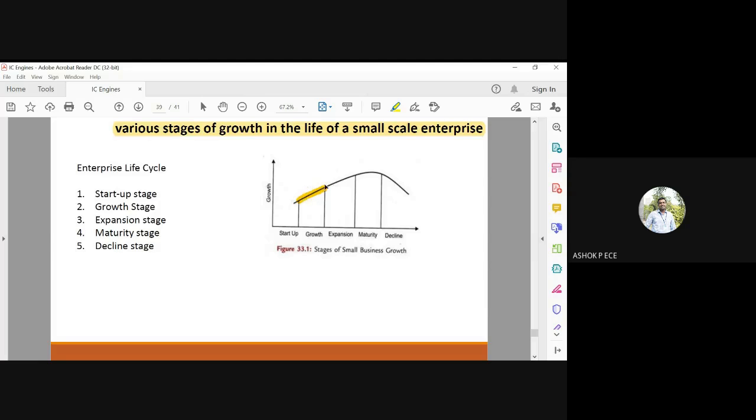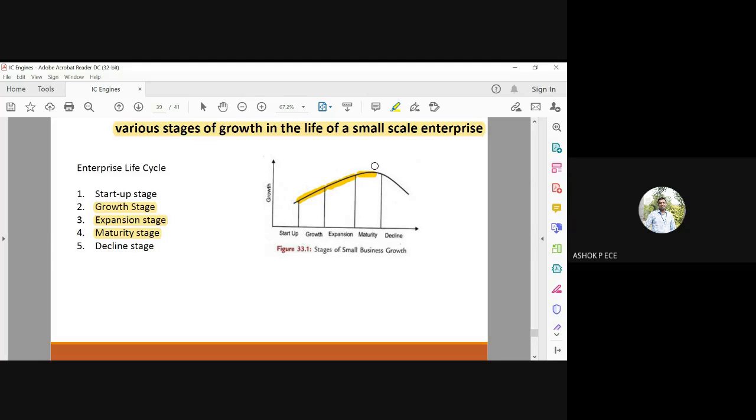From startup, the company grows steadily. That is called the growth phase. So once you have grown, you have good strategies to establish your growth. Then you will try to expand your business. Expansion will lead to even more growth. Finally, once you have all the technology, talent, everything ready to do any sort of business, there comes the maturity. In maturity, you reach a peak where the growth is at its peak.